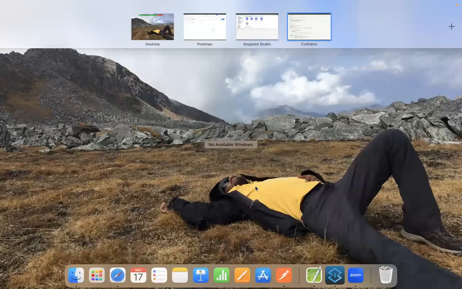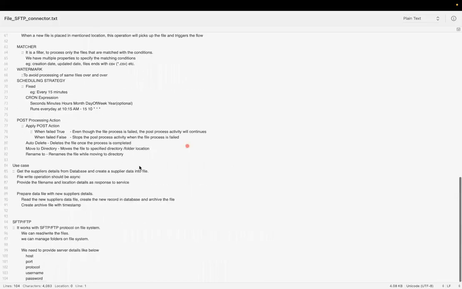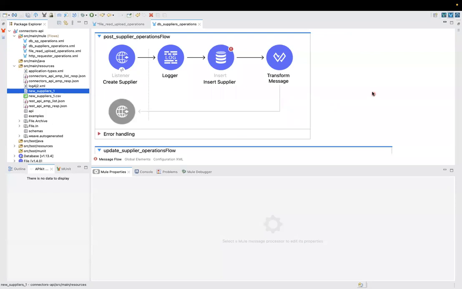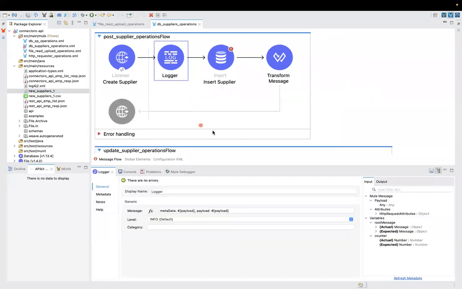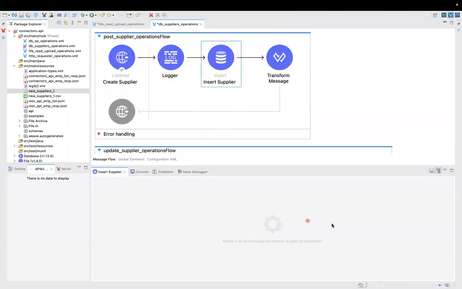So our second use case is that we need to create a file in the archive folder with the timestamp. For that purpose, we need to archive the file with the original file name plus timestamp. We are going to make a few changes. In the post supplier operations, instead of logging the attributes information, we are logging payload 2 times. So make that change. And also in the insert supplier operations flow,